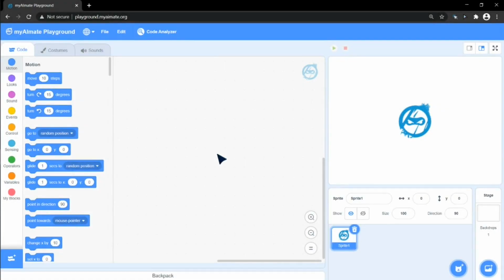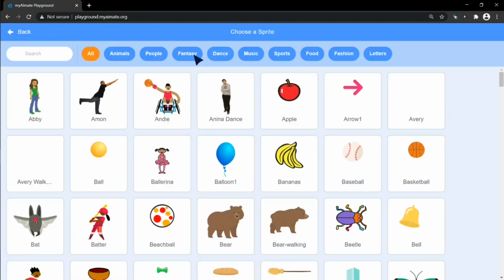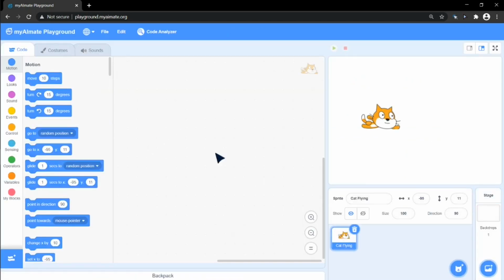Using the information we just learned about the various code blocks in the motion palette, we can easily make a flying character animation like the one we saw earlier in this video. Let's start by choosing a character to fly with. Now let's pick something this cat will fly past.